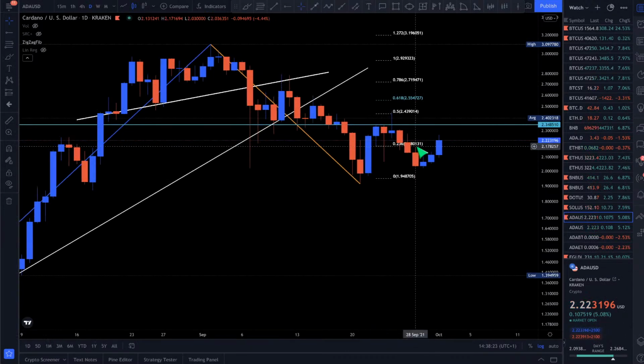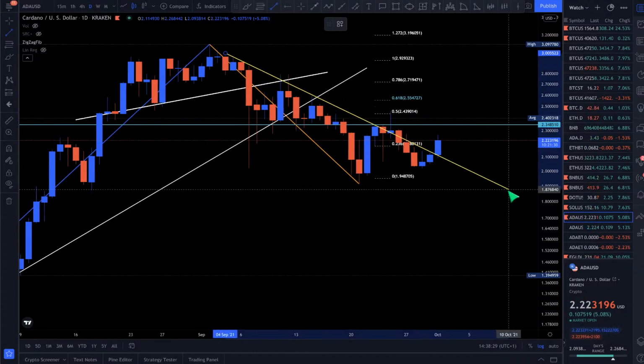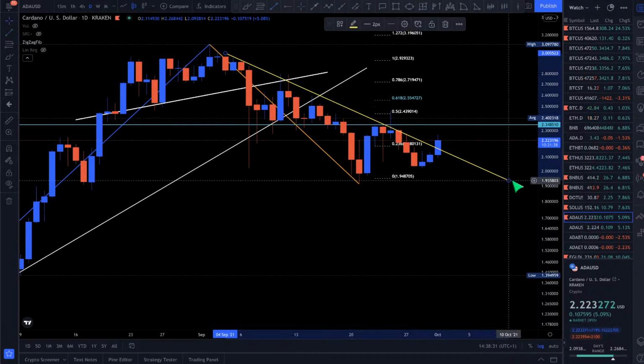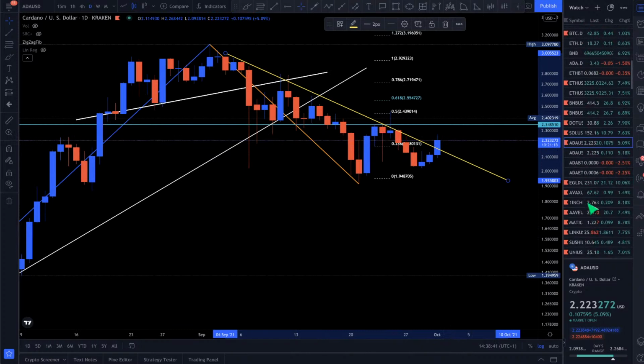Cardano broke out of trend as well, kind of, not entirely. I wouldn't call it entirely a breakout of trend because if you look carefully, yeah, it did break out of trend. So technically it broke out of trend, which is fine, right? This is good, but we still have to wait for this particular level here, this $2.34, to invalidate this downward trend. So a long way to go there.